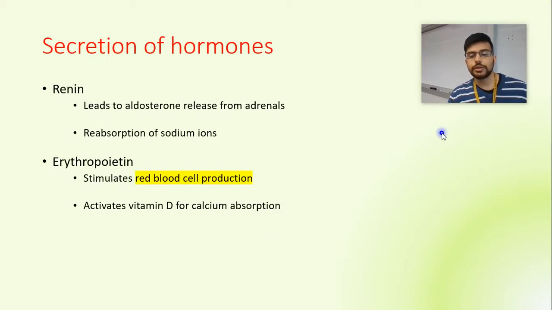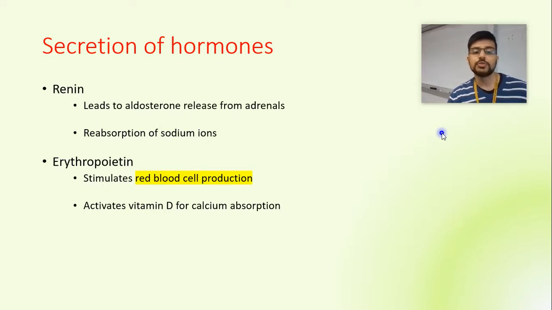Now, we also can secrete hormones in this body system. This is going to happen quite often from your adrenal glands, which are located on top of your kidneys. So we've got renin, which leads to this aldosterone release from your adrenals. And this is also going to help us reabsorb sodium. This is a really important thing to keep the sodium in our body so we can keep using that. We've also got erythropoietin, which is going to help us produce red blood cells. And we need this to reactivate and reproduce those red blood cells as we go through them on a regular basis.